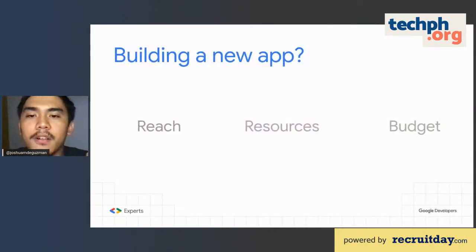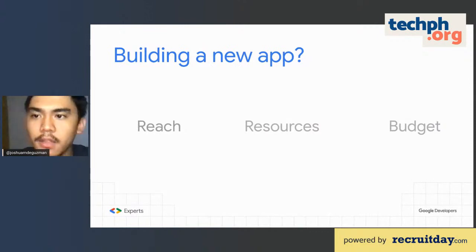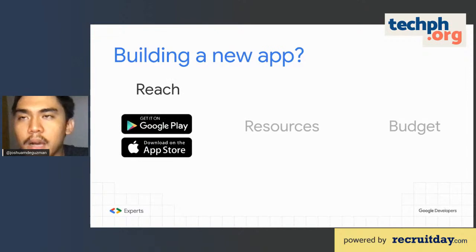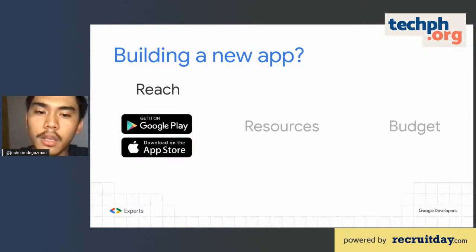So let's think of ourselves as a developer or a designer and even a business to start with. As you build a new app, you have to consider the reach. With reach for mobile, we have two major app stores. We have the Google Play Store and the Apple App Store, and if you have identified your target audience, you'll end up wanting to deploy on these two separate platforms. That's the thing about having a large target audience. You have to be present on these two separate major app stores.